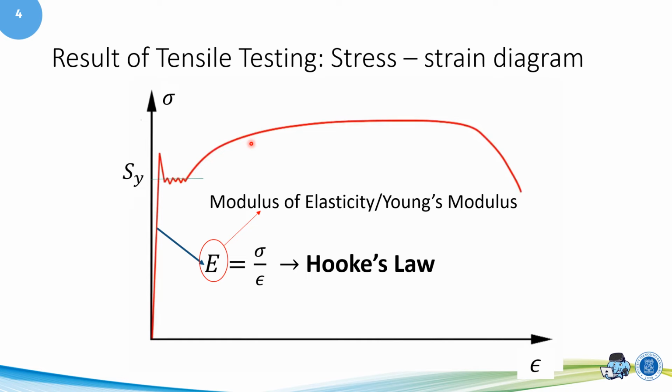So, if the stress in the material is above the yield strength, then the material will have plastic deformation. If you still increase the stress, the material will have the strain hardening as I have explained to you, until the ultimate tensile strength before necking. So, the maximum stress of the specimen of the material is called the ultimate tensile strength or SU.